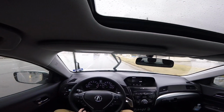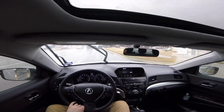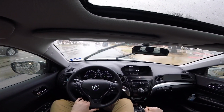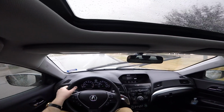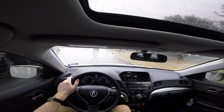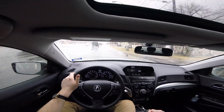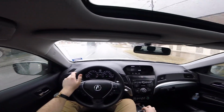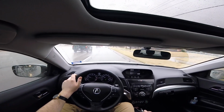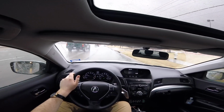Now, hopefully we can find a stretch of road where we can test out the sport mode, because that really changes the dynamic of how this car drives. Okay, we can't really turn right here. That's not a street. This 2.4 liter engine moves this car out very well. This is a compact car, compact sedan, so